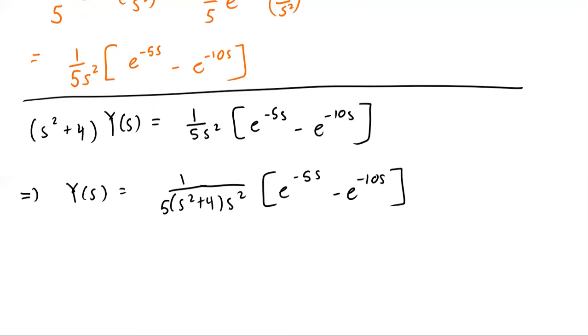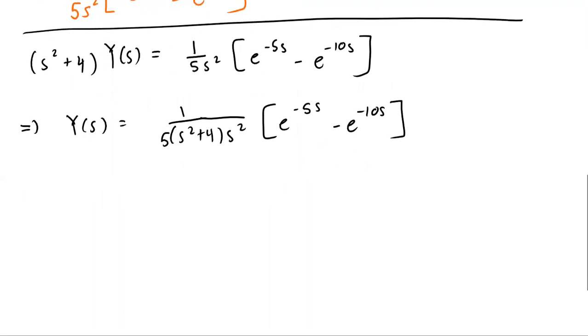Now comes the harder part. Now we actually have to take the Laplace inverse of both sides in order to get y of t. It's actually not going to be that hard. We're just going to use linearity, and we're going to use theorem 2. So let's try this. y of t is going to be equal to the Laplace inverse of Y of s, which, by linearity, is going to be equal to